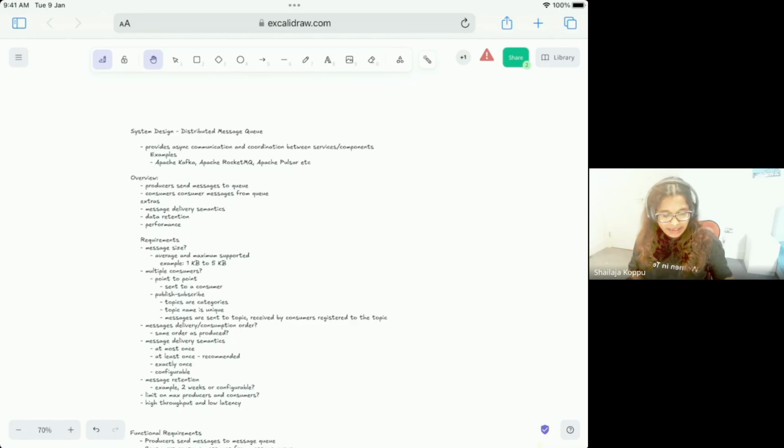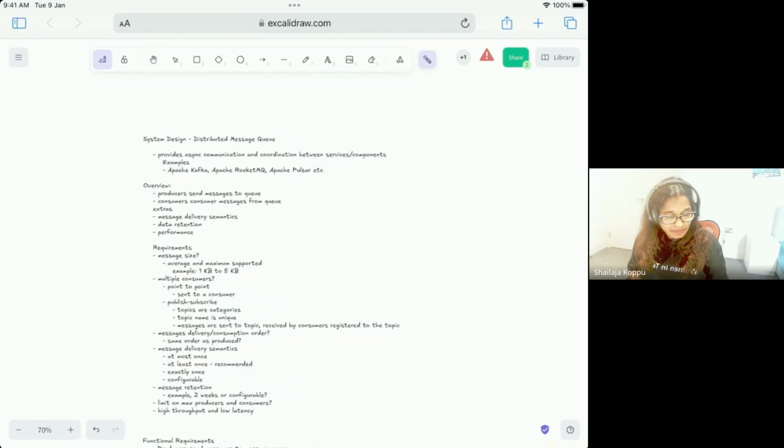So when they give this kind of statement, then you come up with these kinds of questions and you maintain a list of requirements. So you ask them, okay, I understand a message queue is usually where a producer sends a message, and a consumer receives a message. Do you want to support multiple consumer groups? Which kind of delivery semantics? What kind of data retention do we need to support? What kind of throughput should we support? For example, what are the sizes of our customers, etc. So all these kinds of questions you ask the interviewer.